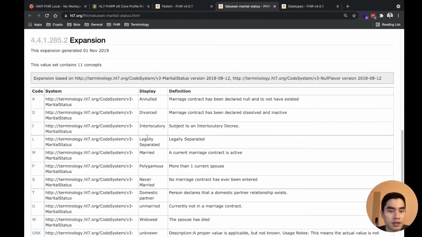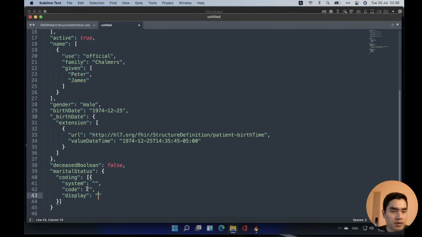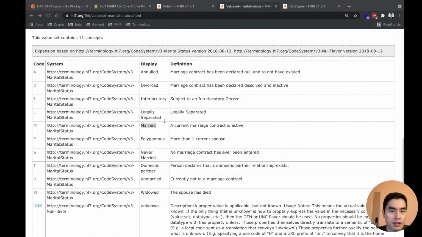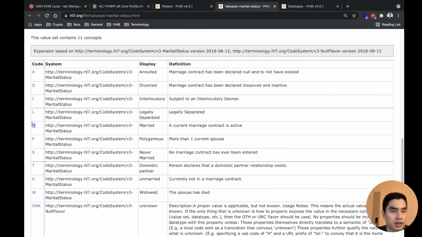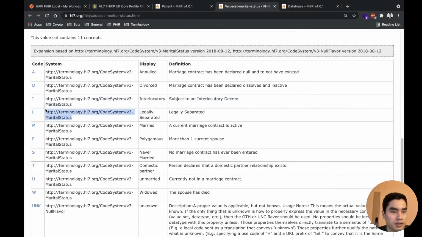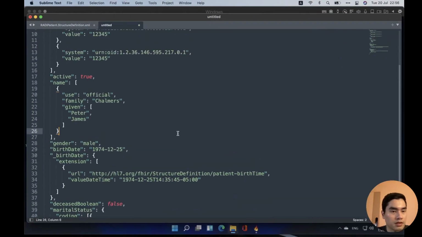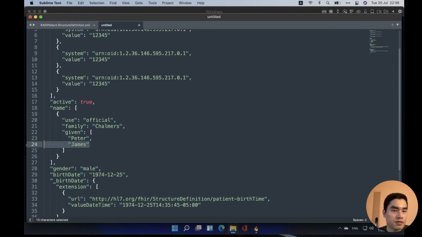And okay, let's say this guy is a guy or girl, I'm not sure. Married, and the code is here. And the system is this one. Okay, let's say that we don't change anything.